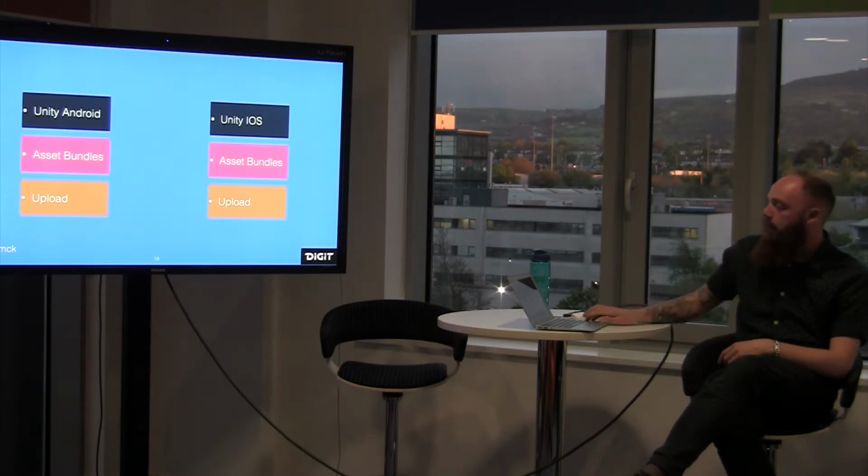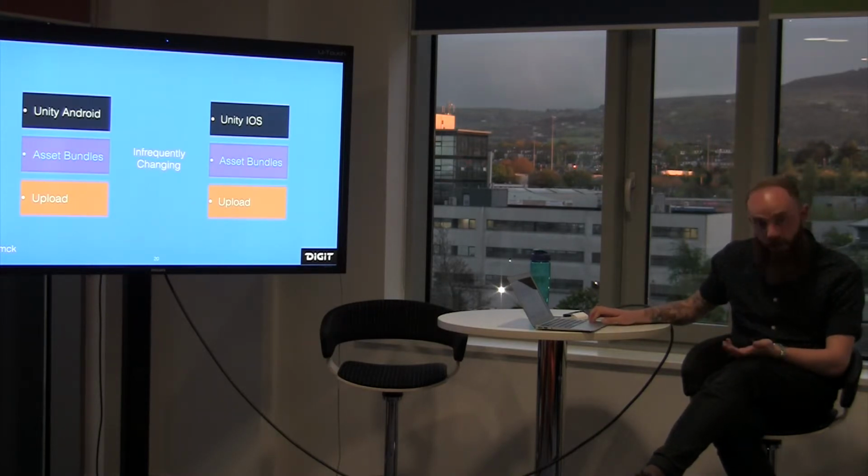So because asset bundles are infrequently changing, we can maybe build these. We don't know if we're going to have to build all of these asset bundles every commit. So what you can do, just through observation, is say, well, hang on, we've only got X number of changes to X number of files in this build. Why are we going ahead and rebuilding all of these assets? So this uses,